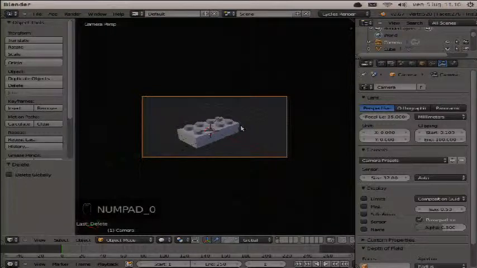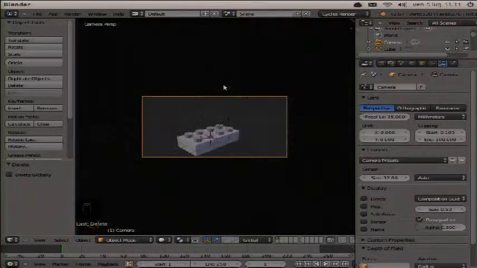Fine. Now you can activate what is called fly mode if you press Shift and F. Now you are on fly mode, okay? And if you move your mouse, you start flying. And you can zoom,